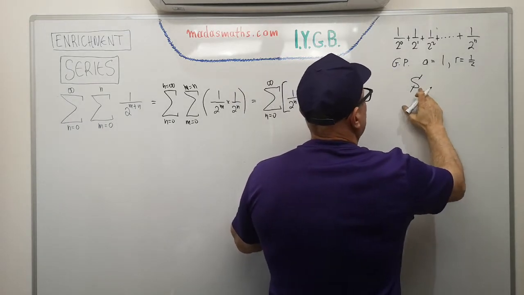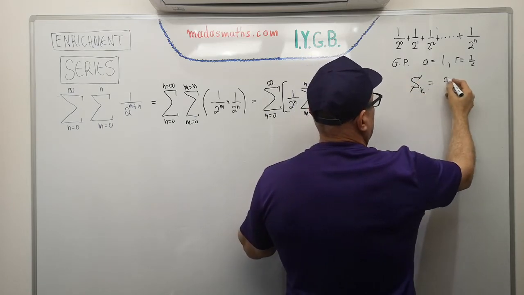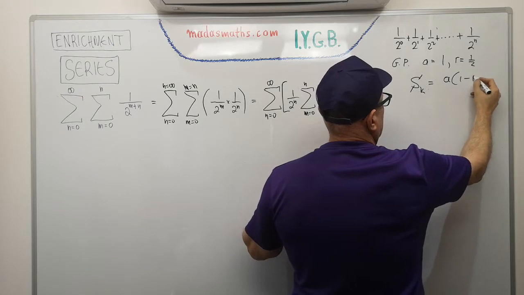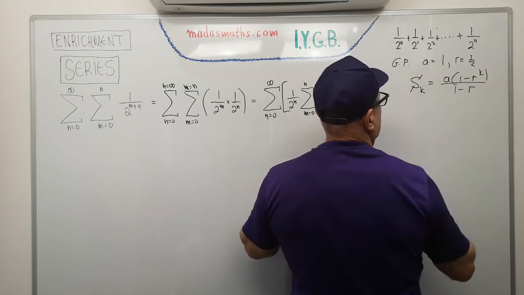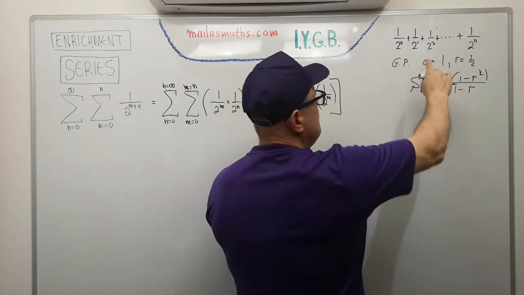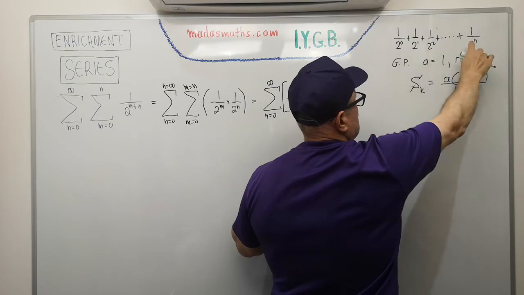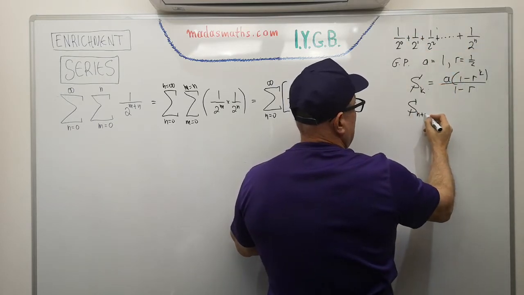I'm running out of variables. Let me just write the formula as we know it for geometric progressions. Sum of k is equal to a times 1 minus r to the power of k over 1 minus r, where this is first term, common ratio, and k number of terms. The number of terms we have in this particular progression is n plus 1. So S n plus 1